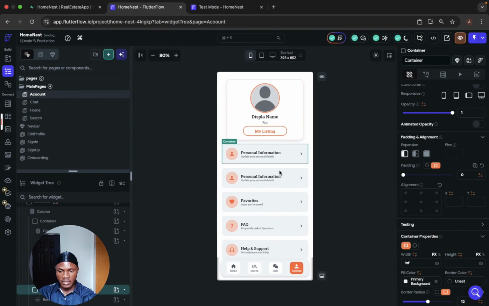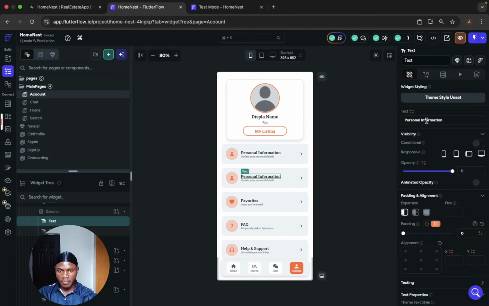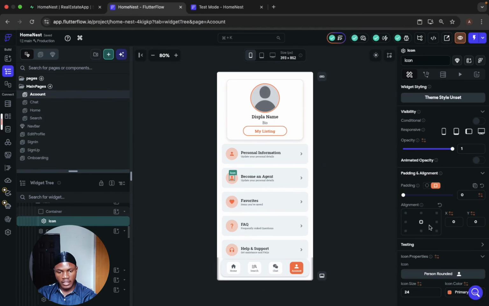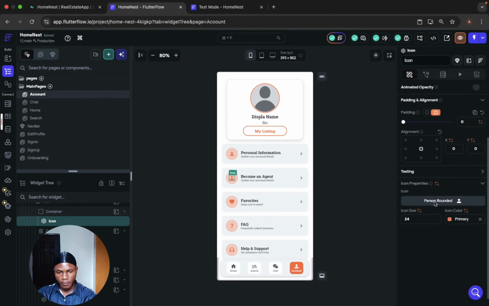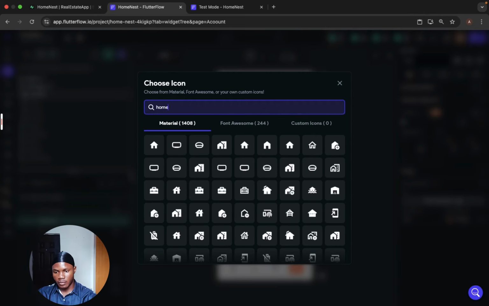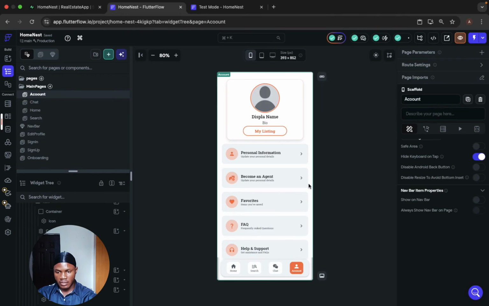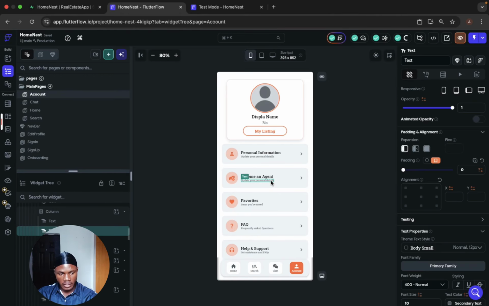Once I duplicate it, I can just change this text to become an agent. Then this icon, I can change it to maybe a home icon, something like a house. Okay, I can select this. Then this text, I can give it